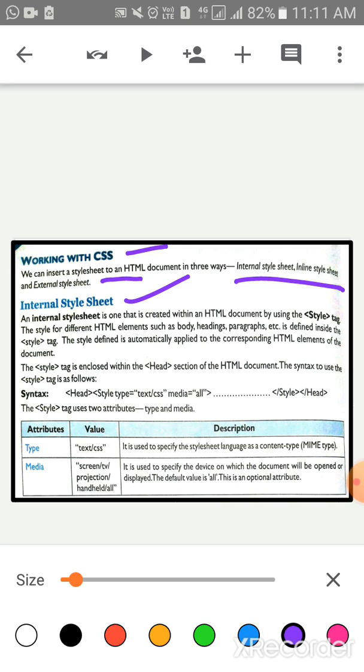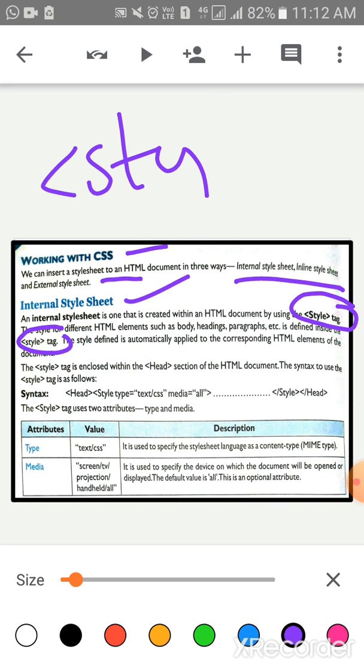An internal style sheet is one that is created within the HTML document by using the style tag. The style of different HTML elements such as body, heading, paragraph, etc. is defined inside this tag, the style tag. Okay, this is the style tag.